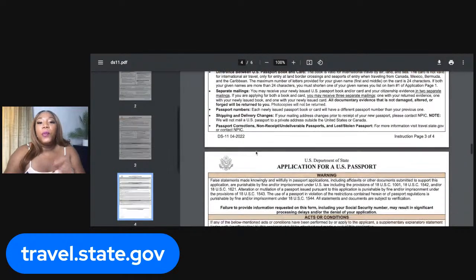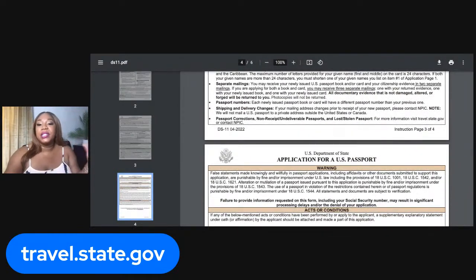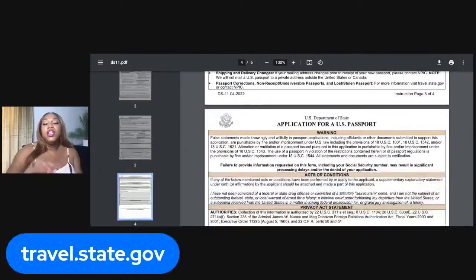Moving on. For passport corrections or non-receipt, undeliverable passports, and lost and stolen passports, you want to visit